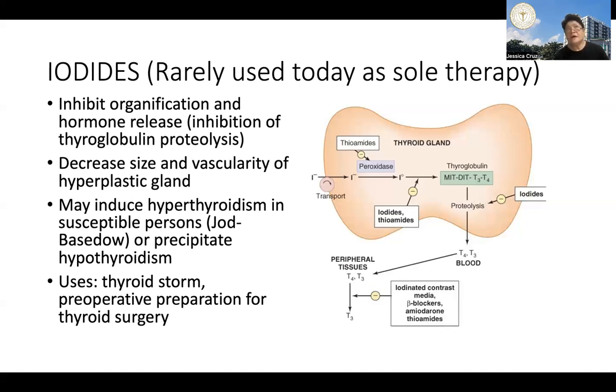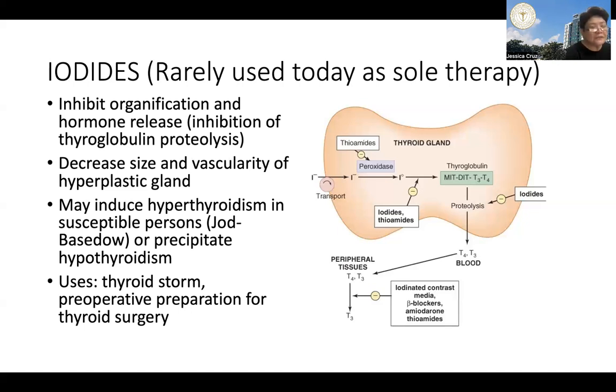O kaya yung mga taong may thyroid adenoma or thyroid cancer, no? Pagka naka-receive ng iodide, no? Yung hyperfunctioning thyroid because of the neoplasia will not have the ability to respond to the negative feedback of high iodide levels. So tuloy-tuloy pa rin yung reaction nila. Kaya nagkakaroon ng hyperthyroidism. No?